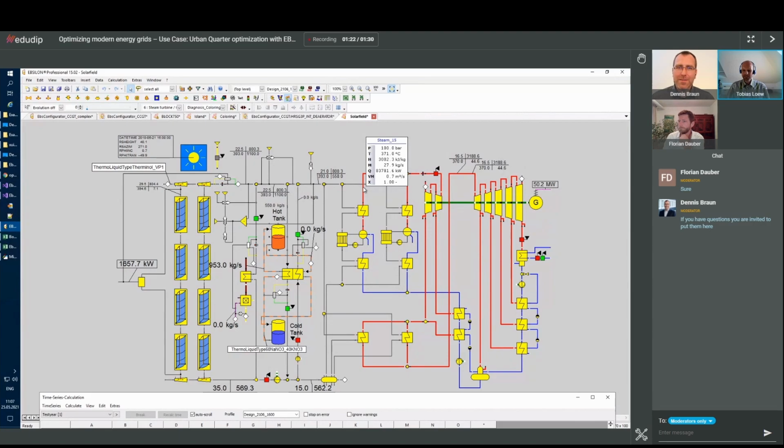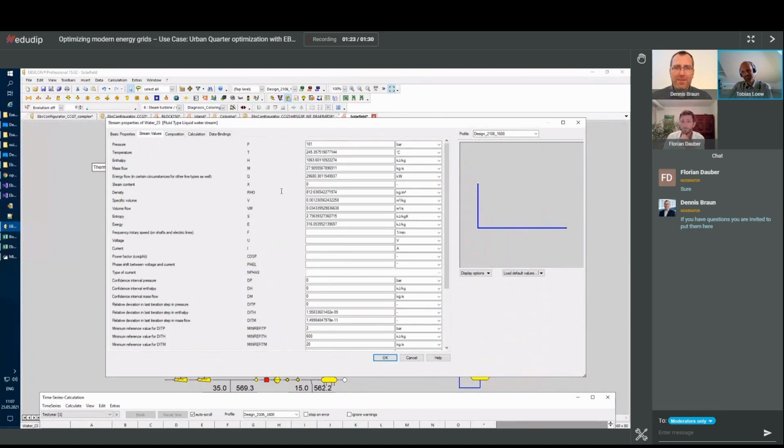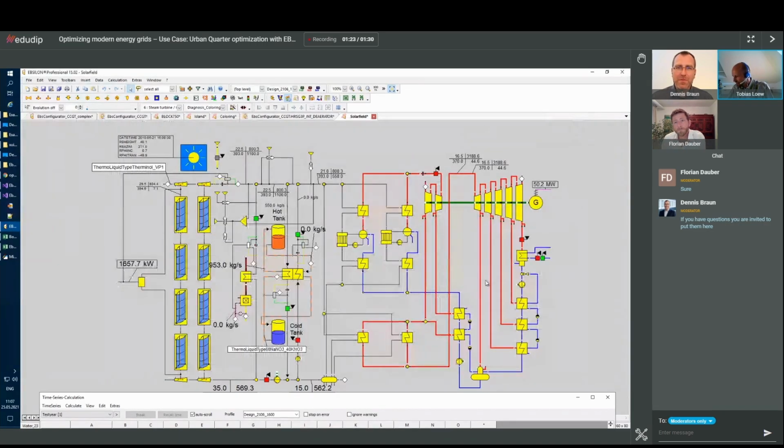So we still have evaporation in here, of course. And if you don't trust me, you can always look, we should still see that the steam content is still 0, so we still have water in here. And I think it's so hot in here because the preheating is down here, of course. So we go into the preheating with 6 bars and 160 degrees.